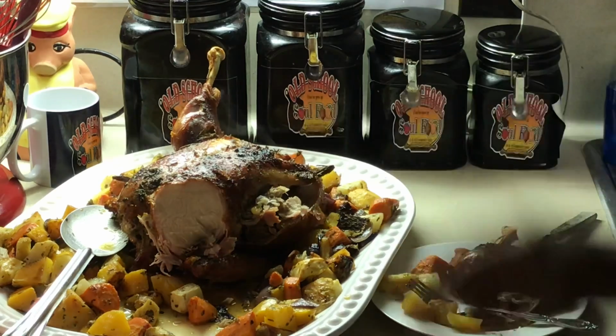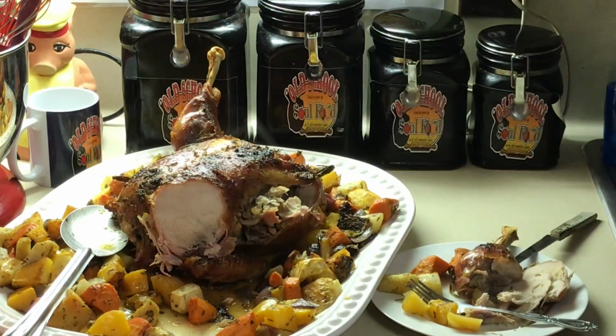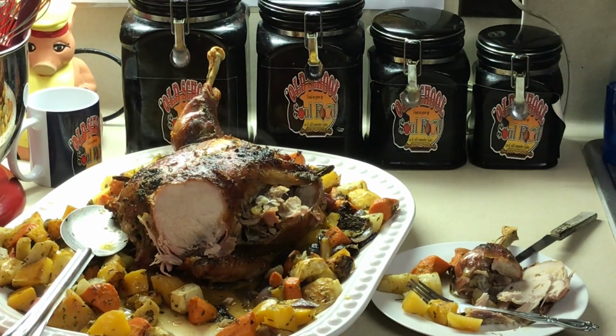If you don't like hen, use chicken. You can also use Cornish game hen. Same exact recipe. You don't have to use hen like I got. You can use, like I say, game hen or regular chicken. But